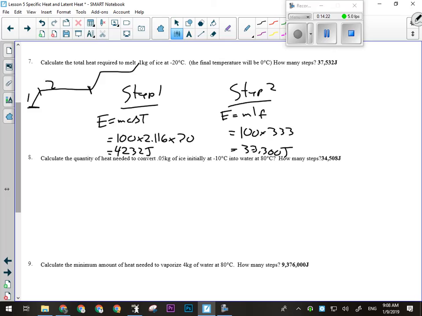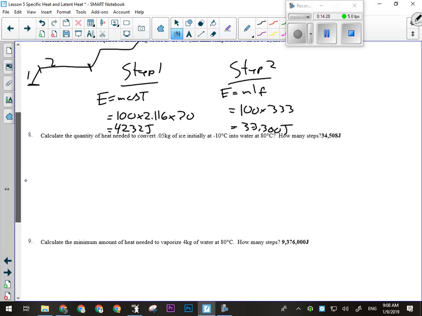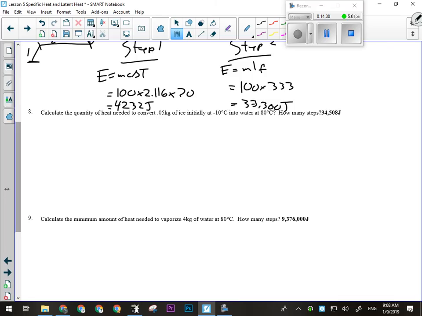Okay. How about 8? Yeah, I can go over 8 too. All right, so calculate the quantity of heat needed to convert 0.05 kilograms of ice initially at -10. So let's draw the heating curve. That's always the first step. I'm starting down here at -10, and I'm getting to water at 80 degrees Celsius. That would be right here, because obviously water boils at 100, so I'm not getting all the way up to the horizontal line. So that'll mean 1, 2,